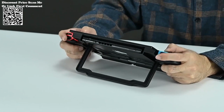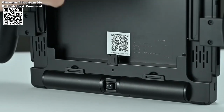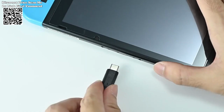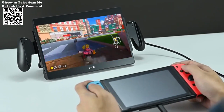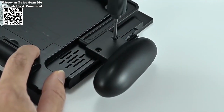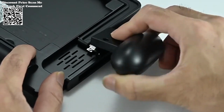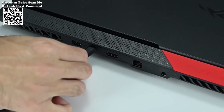With an average brightness of 400 candelas per square meter, every detail pops with stunning clarity, even in brightly lit environments. Designed to cater to various gaming platforms, including PC and Switch console, this monitor serves as the perfect companion for gaming enthusiasts. Its portable design ensures that you can enjoy your favorite games anytime, anywhere, without compromising on visual quality